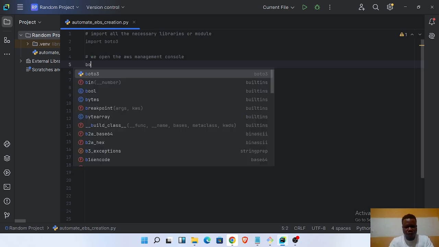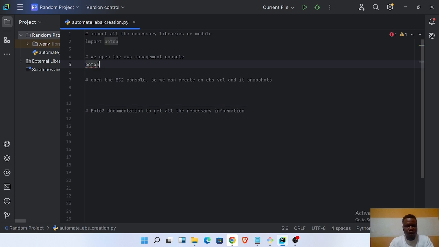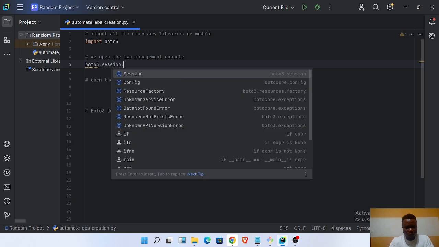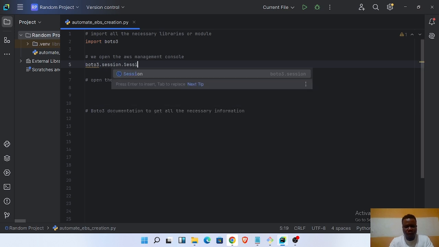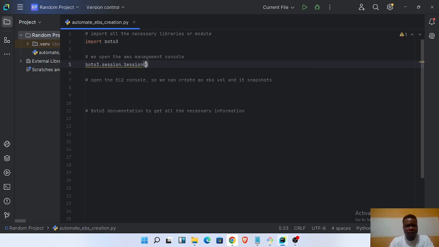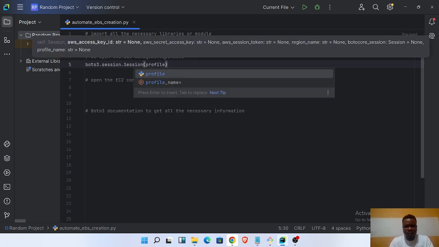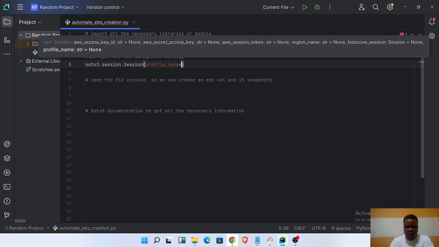So we call the Boto3 library's Session, with a capital letter, and you pass in the profile name of default. The profile name of default. This profile name default that we have passed